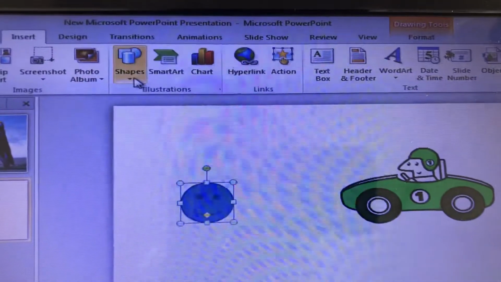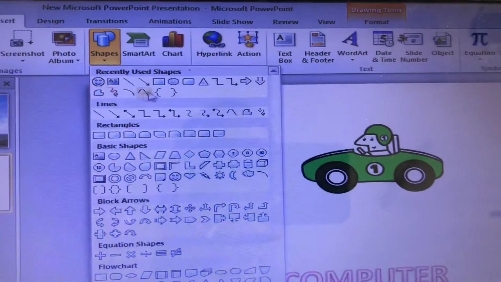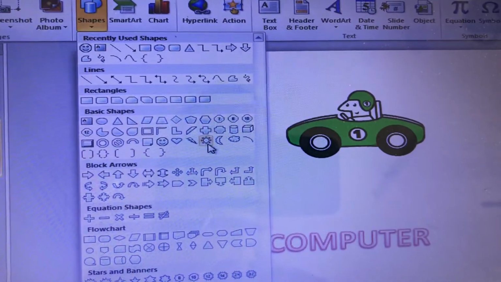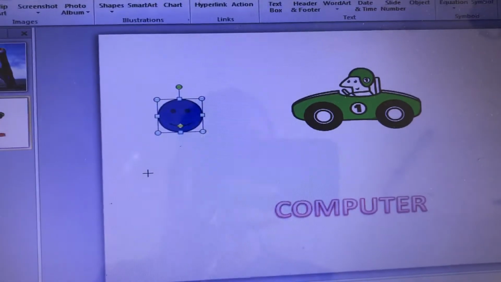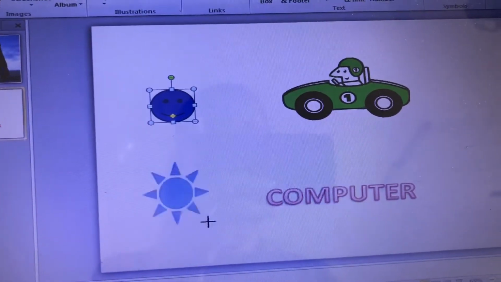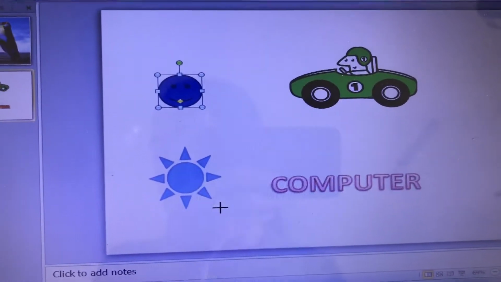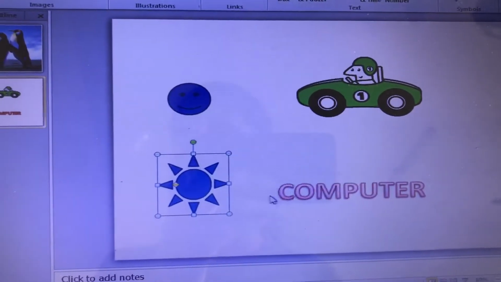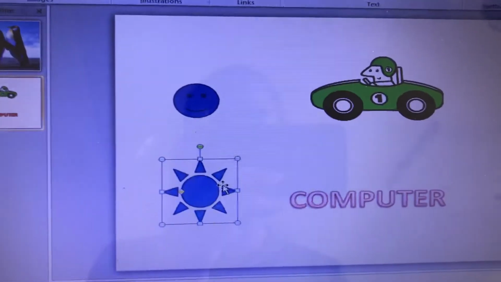Okay, let's suppose I'm taking another shape from here. Okay, I'm taking this one. Instead of clicking, you can drag it. Okay, you can drag to draw the shape you want. Okay, understood.